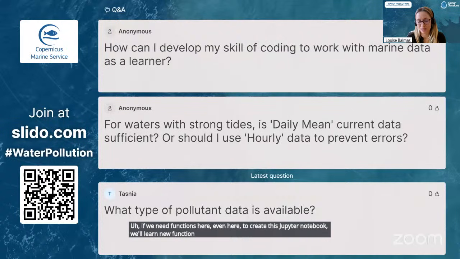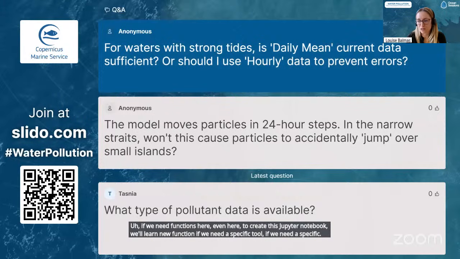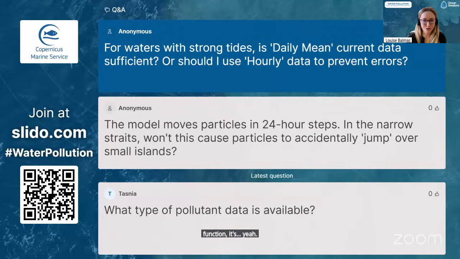If we need a specific tool, a specific function, you will improve step by step by following the tutorials, this one, or